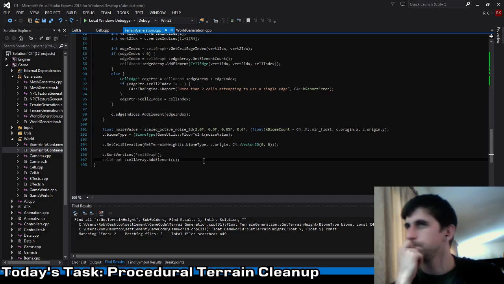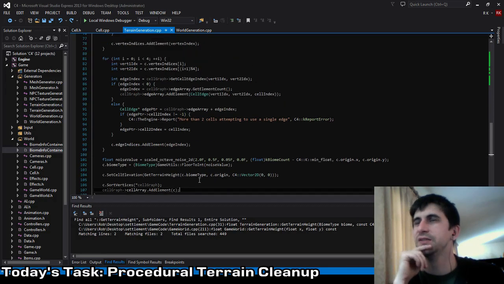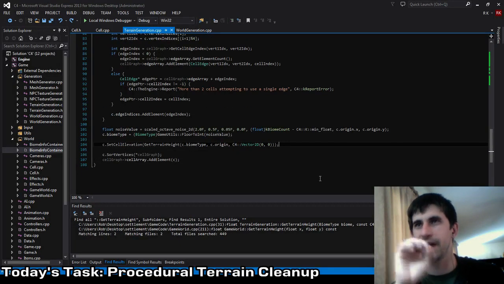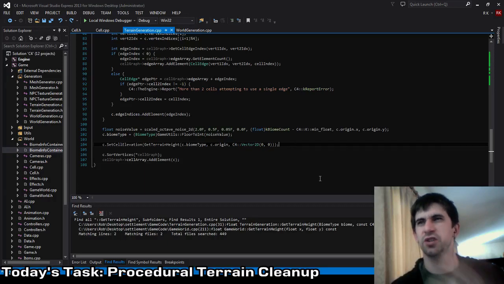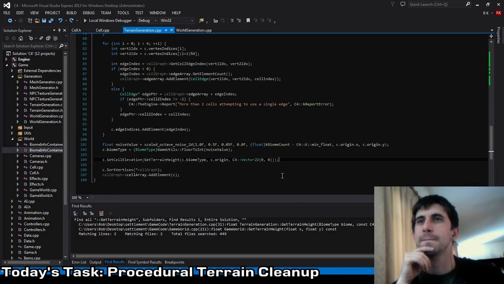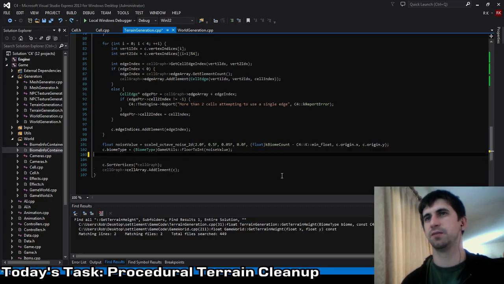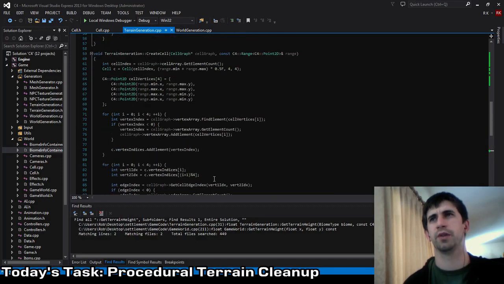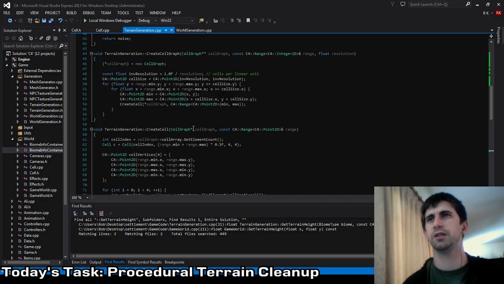Alright, so every cell is doing its own height generation after the fact, right? We're generating all of the information for the cell immediately. I think I'm gonna move this out of here, because all this is setting is our elevation. We don't really need it to do anything more than that. So when we tell it to create a cell graph,